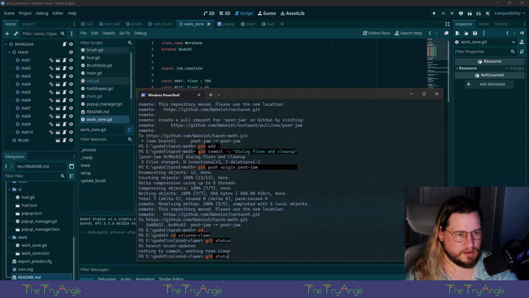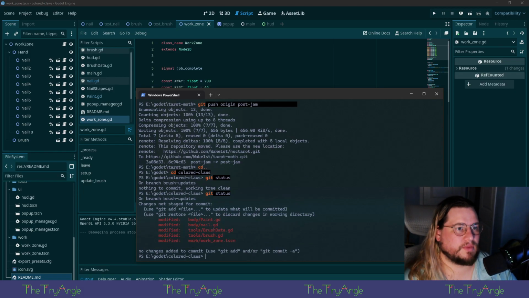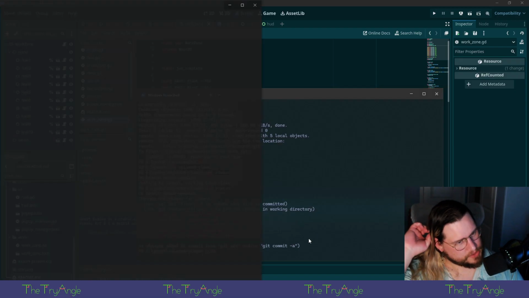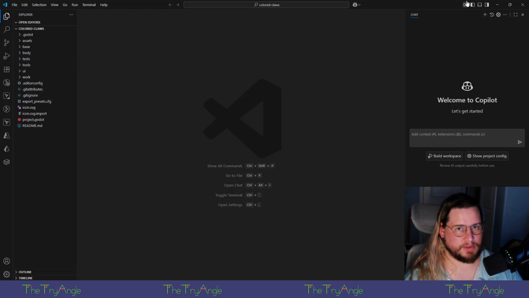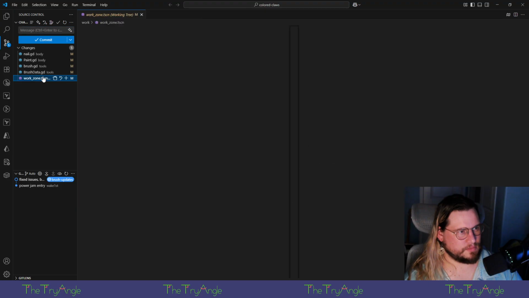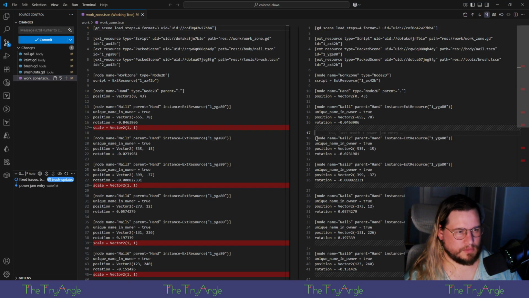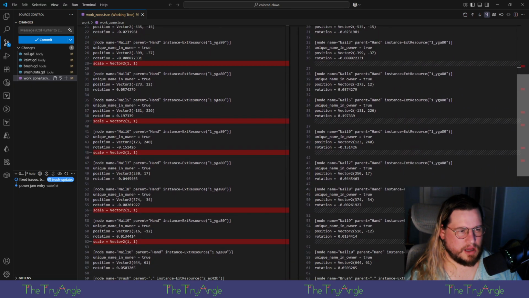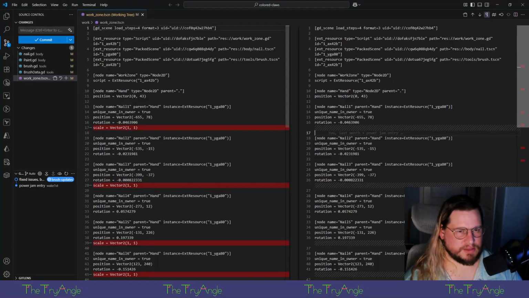Let's see our status. How did work zone change? I use Visual Studio Code when I want to look at the actual Git commits. No thanks. Some things have changed. I'll let it be.